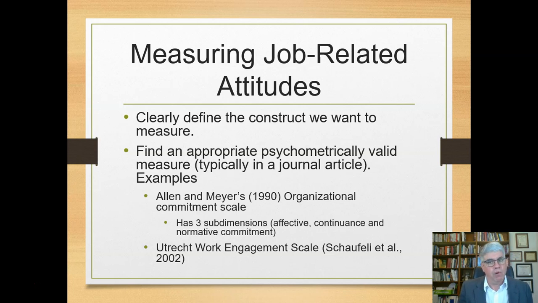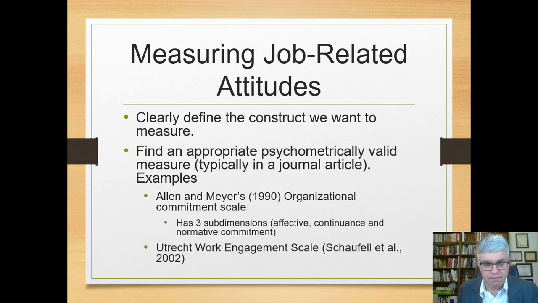We've got to figure out what it is we want to measure, and then on a practical level, the best way to measure it is to find some measure that measures what we want that we've clearly defined. We want to find a psychometrically valid measure. A psychometrically valid measure means that it's been tested out so that we know what it really measures, that it measures the same thing when everybody responds to the items in the measure, that it doesn't vary too much over time, it doesn't depend on outside circumstances, but it's fairly consistent, it's a valid and reliable measure of what we have defined.